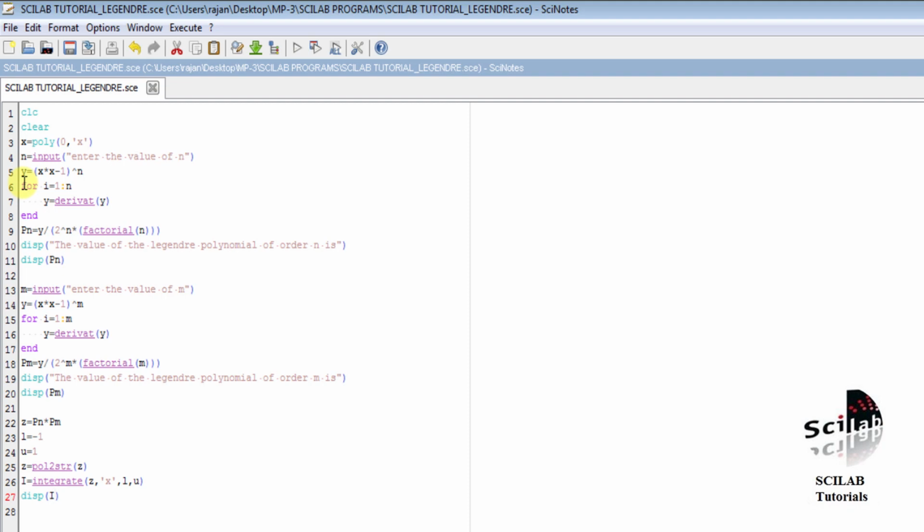Then we found our integrand, which is nothing but the product of the Legendre polynomials pn and pm. Now we use the integrate command. Since the integrate command takes the expression in terms of string data type, we have converted the polynomials into string using the command pol2str on line number 25, and then used our integrate command to find the value of the integral.